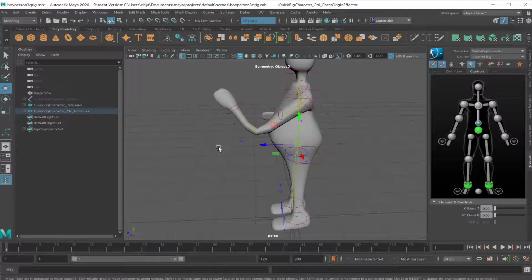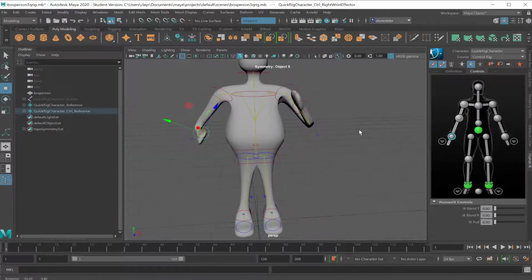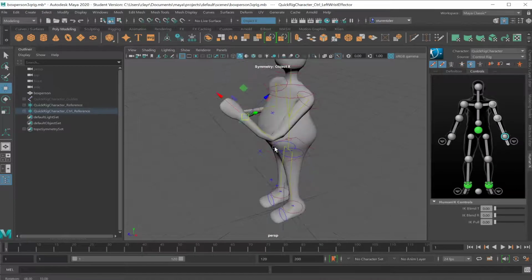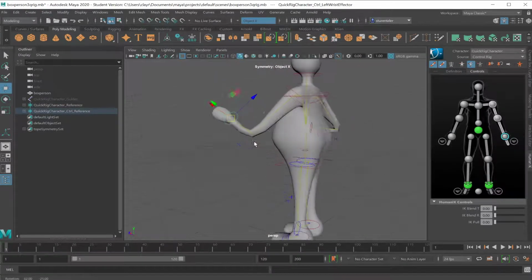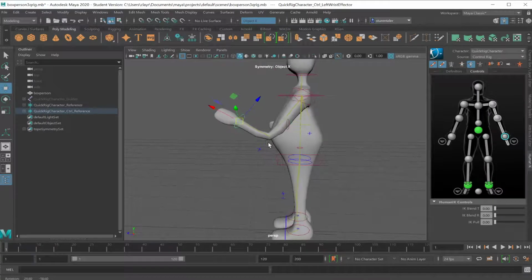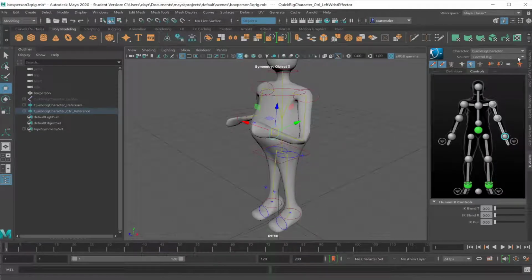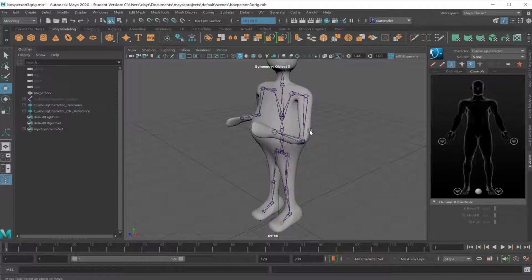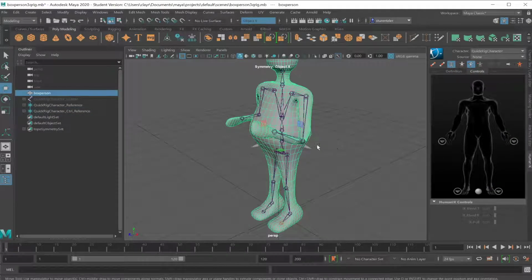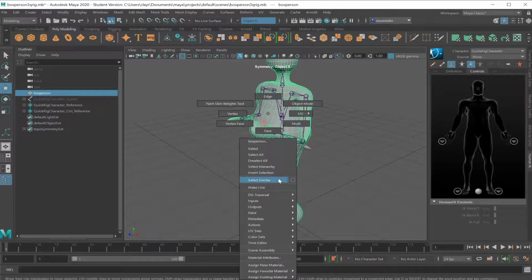I could select the arm this way or this way. And now to paint skin cluster weights, going back to none instead of stance. This way the controllers aren't interfering. Right click on the object, go to Paint,